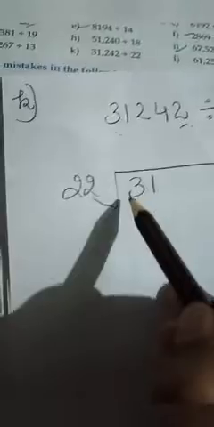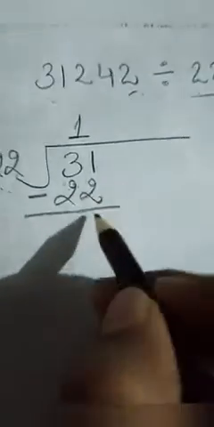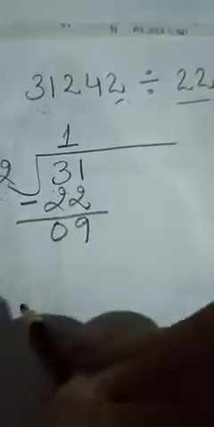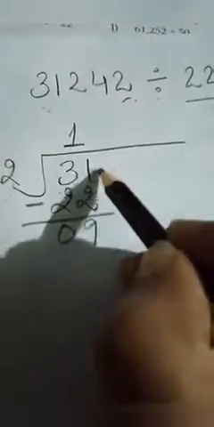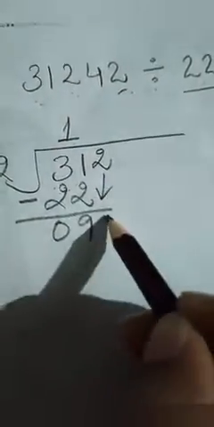Here you can see divisor is of 2 digits, so we will take 2 digits from the dividend, then we will start our division. Here is 31. Now we will observe the table of 22, that what can be written under 31. 22 can be written under 31. So here 22 ones the 22. Now after doing subtraction we will get 9, then next digit 2 will be brought downside.